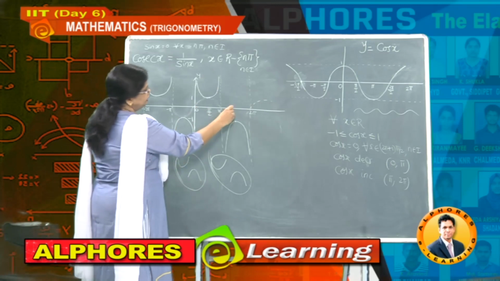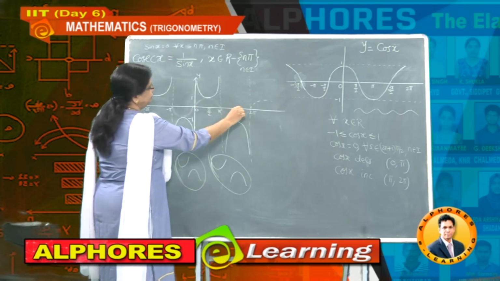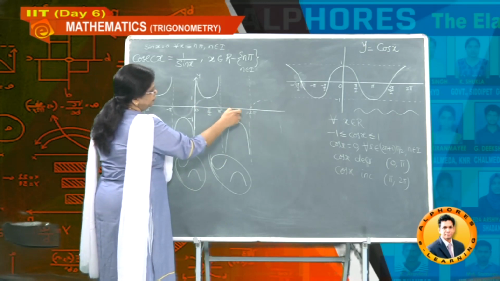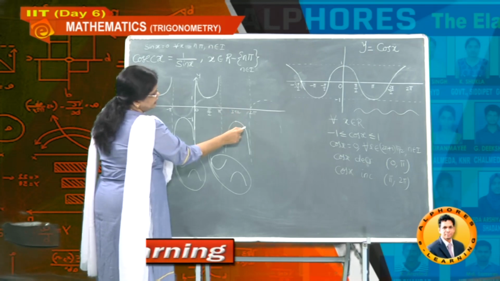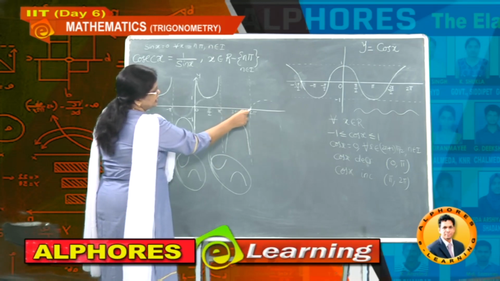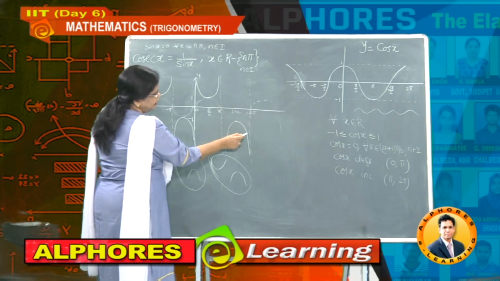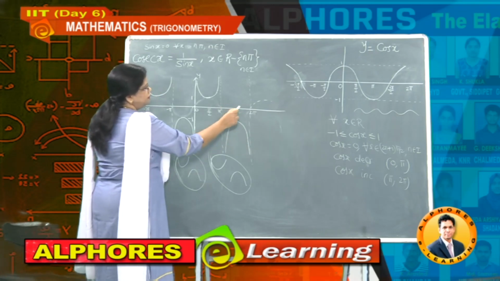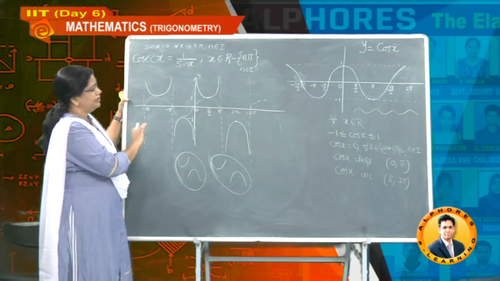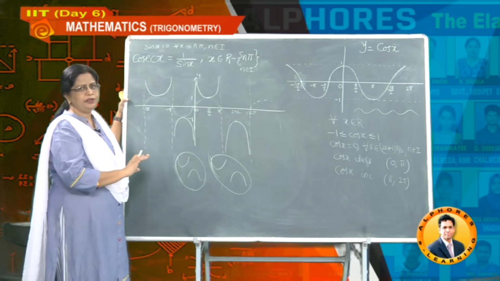Again here, pi to 3 pi by 2 increases, and from 3 pi by 2, as long as x is increasing here, y values are going down. Understand? Decreasing. X increases, correspondingly y values decrease. So 3 pi by 2 to 2 pi, the function decreases. So this observation you can use from the graph.